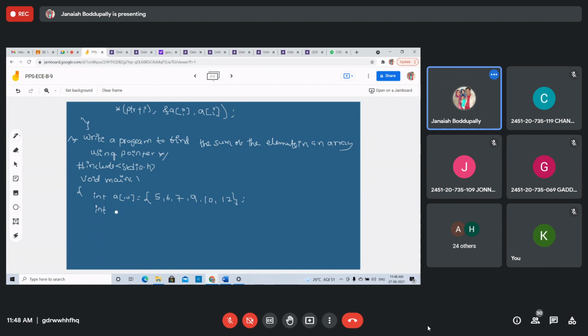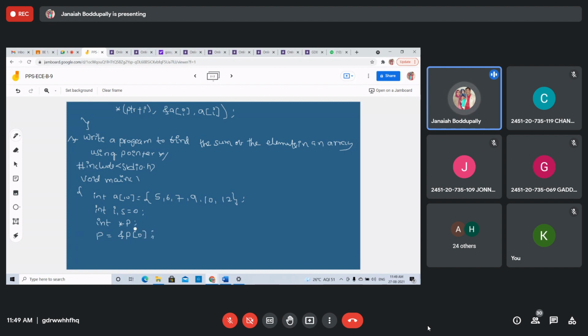Int i, sum s equals 0. Now I am declaring the pointer variable int star p, storing the address of the array, the first address, in the pointer variable. I am taking only a single pointer, p equals address of a of 0.